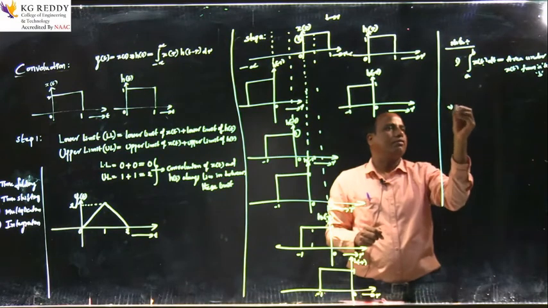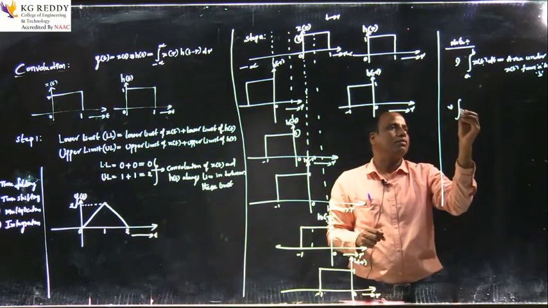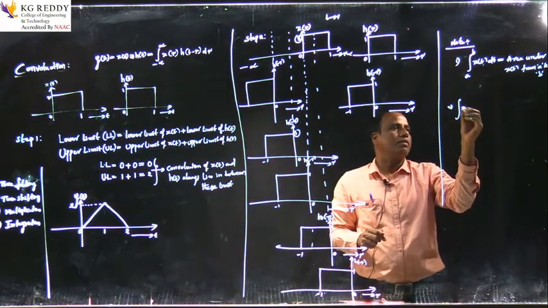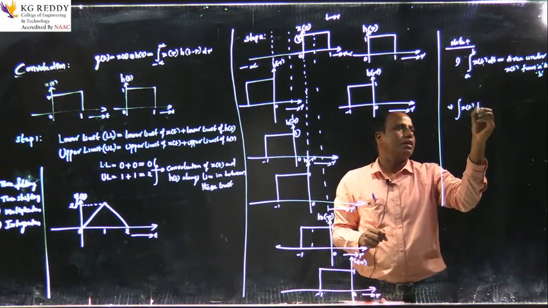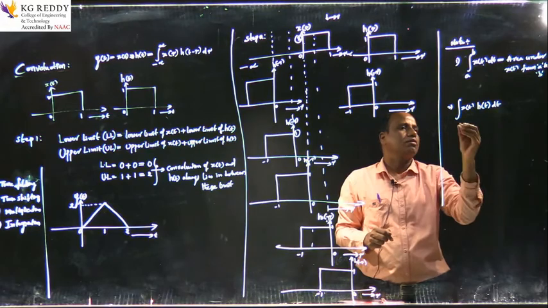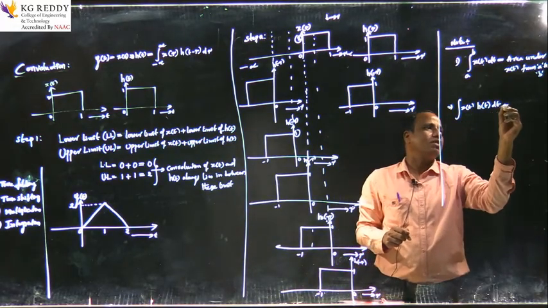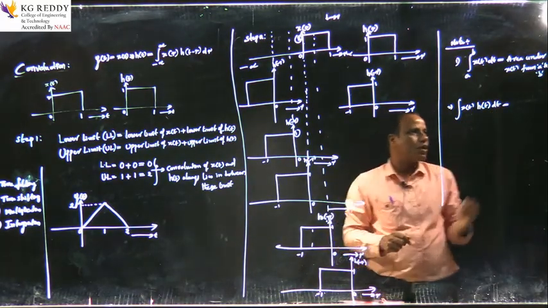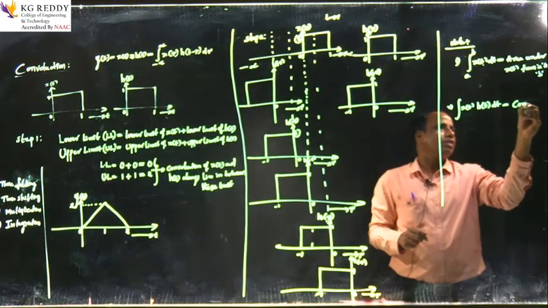But if I take two signals, x of t and h of t, and integrate, you know what this will give you? This will give you the common area